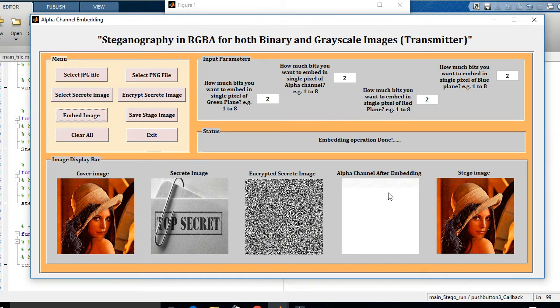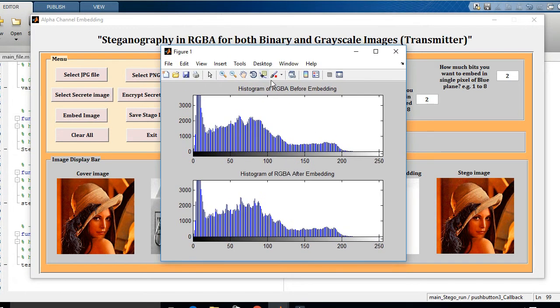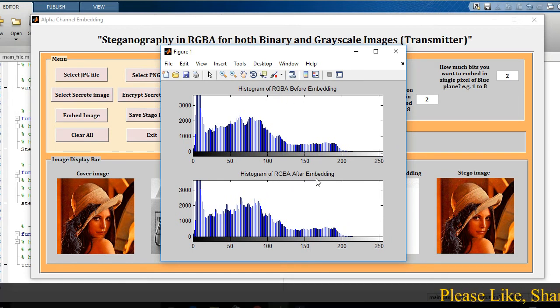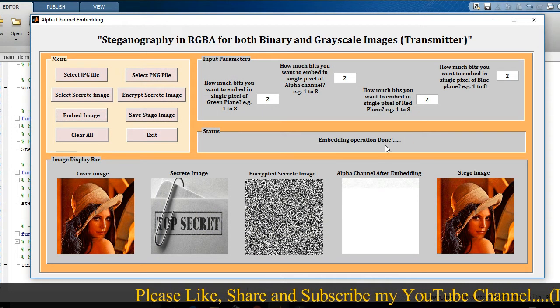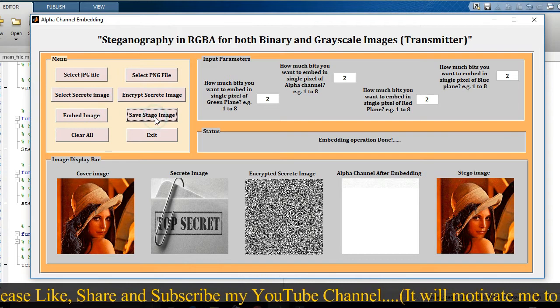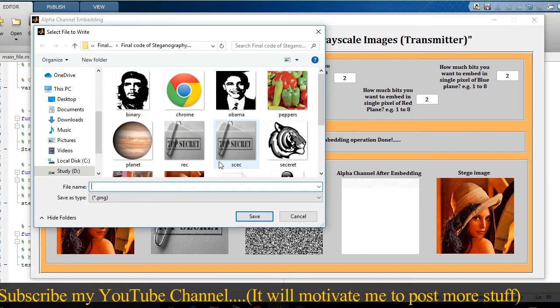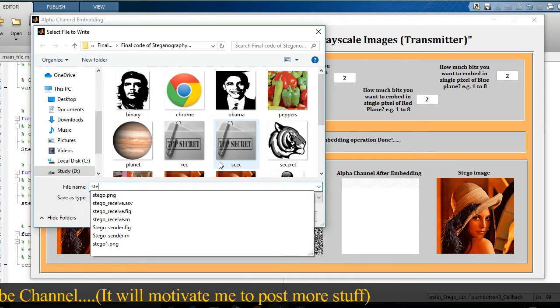Yes. Now this is my alpha channel after embedding, and this one is my stego image, and these are the two histograms, that is the histogram of RGBA before embedding and the histogram of RGBA after embedding. And this is all about our embedding process. Now just click on save stego image button and save this image with any name.